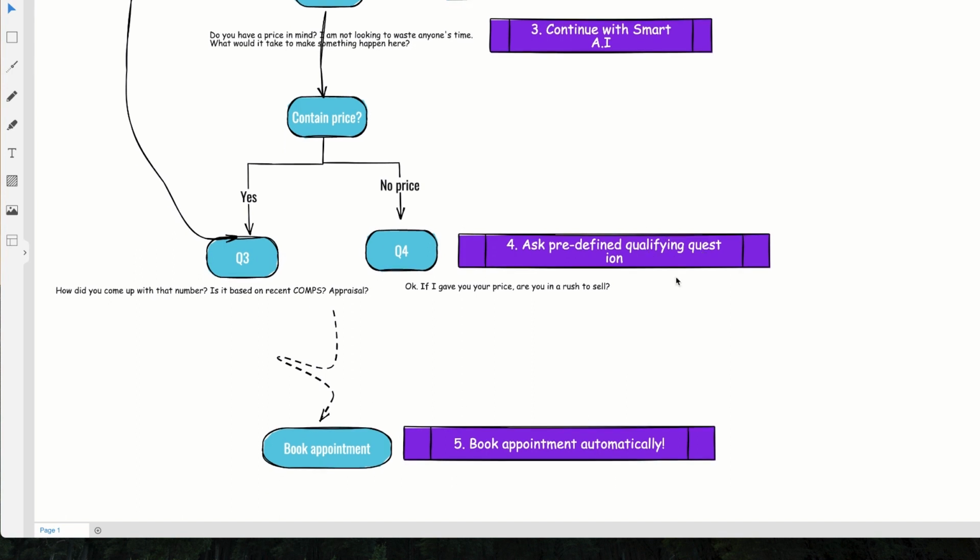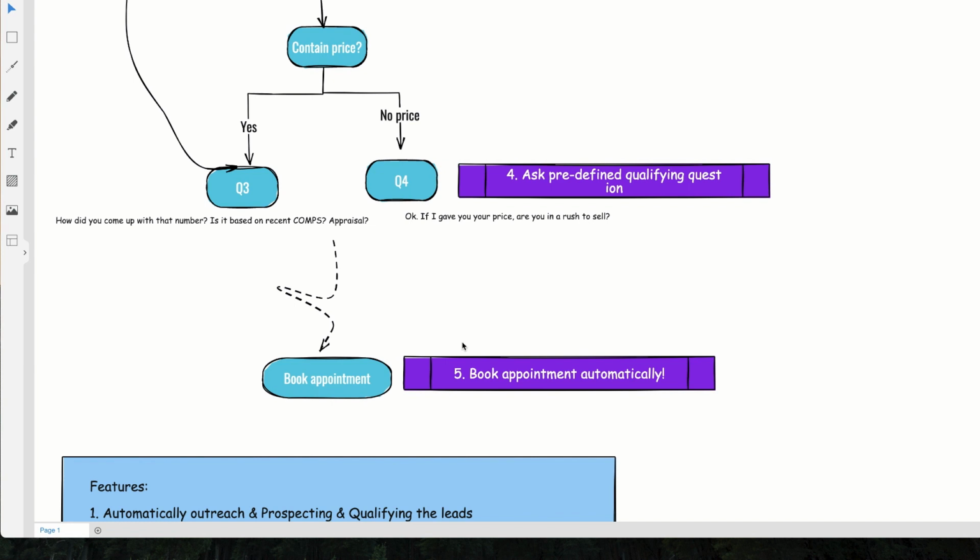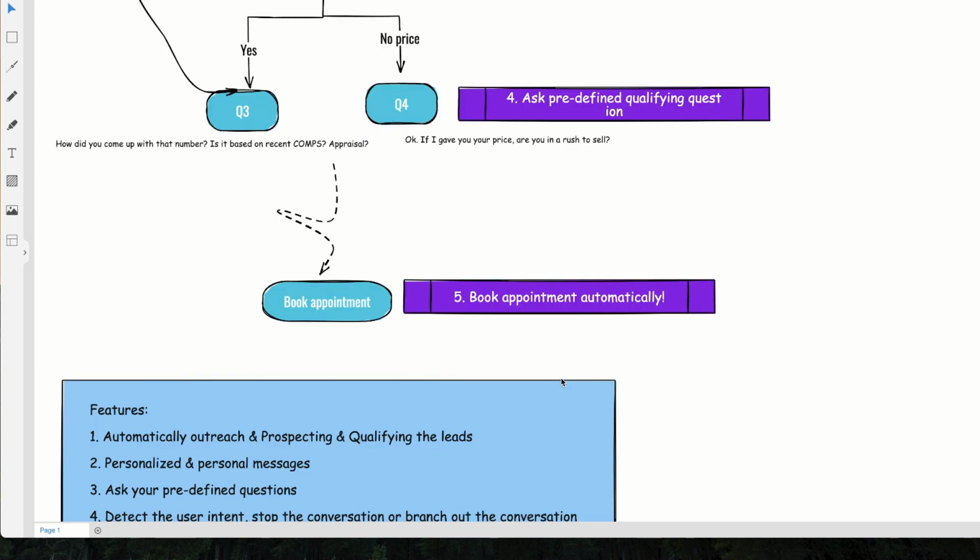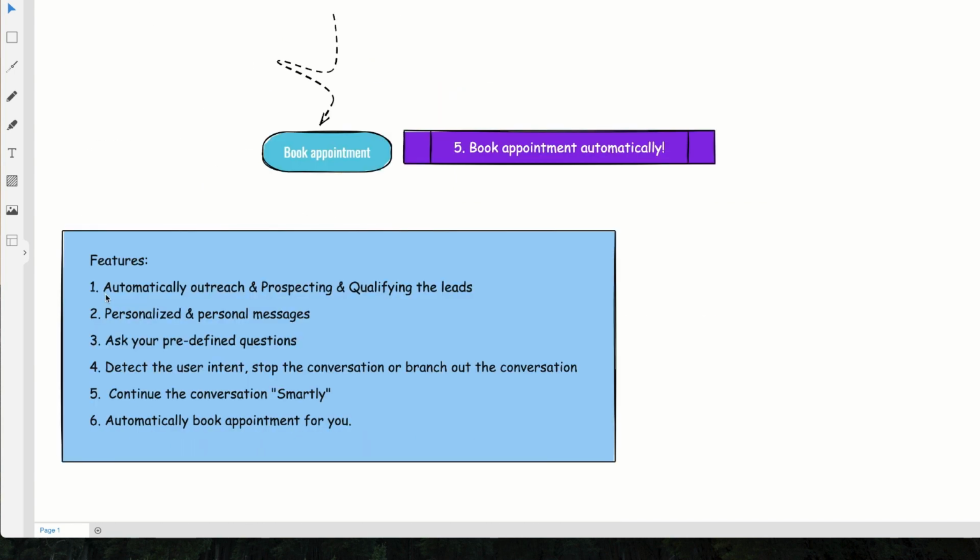At the end of the conversation, if the user is qualified, the smart AI chatbot can also book an appointment automatically for you. That is what you can expect we can build for you. It's an automation. It can automate your outreach. We can qualify your leads. We can prospect automatically for you and book appointments for you.